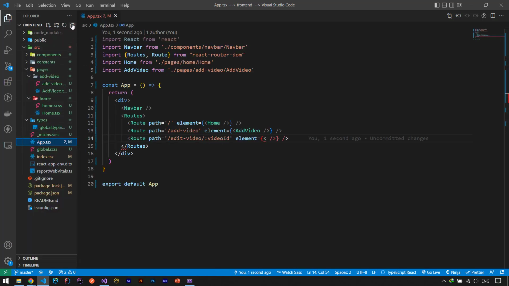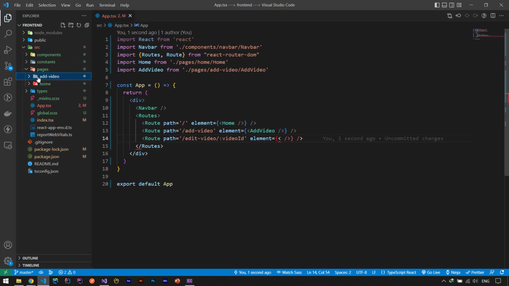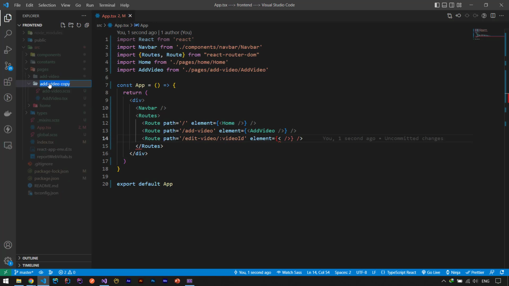So you can create a new component here. I can simply, because the structure is same, I simply copy. Let me show you how I want to do this. I will Ctrl C this add video, and inside of page paste it again and work on it. So let's edit everything. I say the folder name is